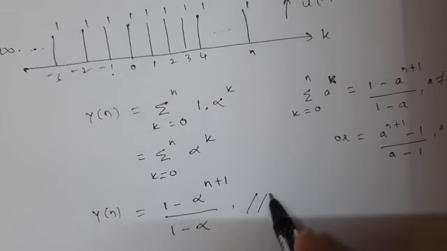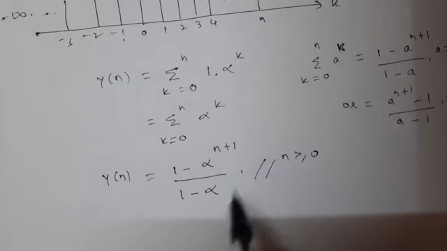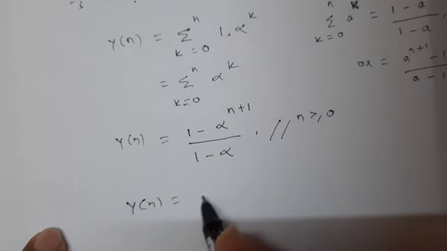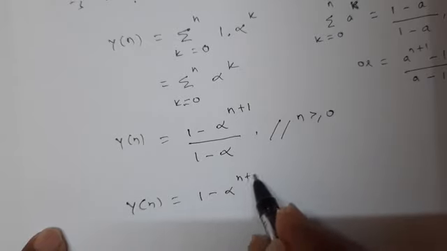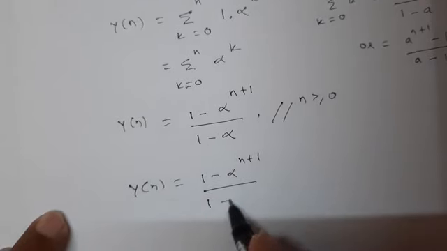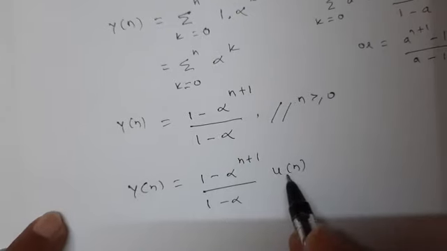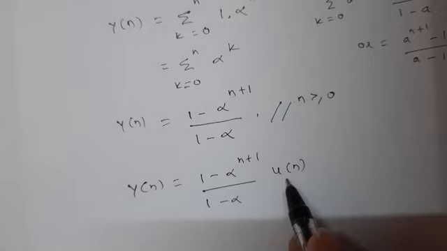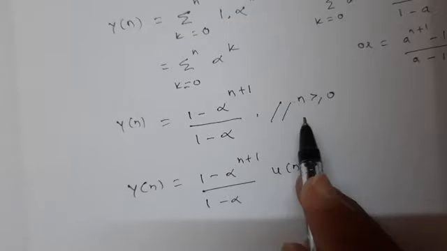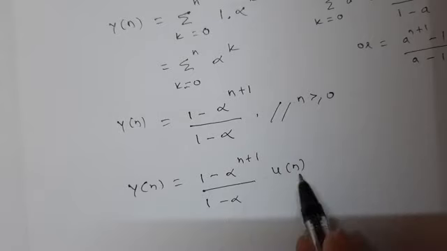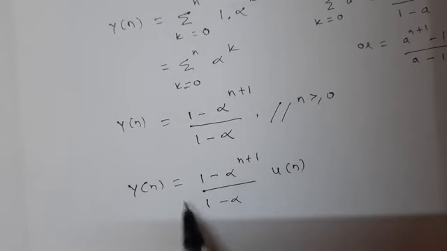So I'll write here n greater than or equal to 0. So for complete n, you can write it as 1 minus alpha to the power n plus 1 divided by 1 minus alpha times u of n, because for n less than 0 your y of n is 0, and for n greater than or equal to 0 it is this, so it is u of n. u of n exists from 0 to infinity, hence this is